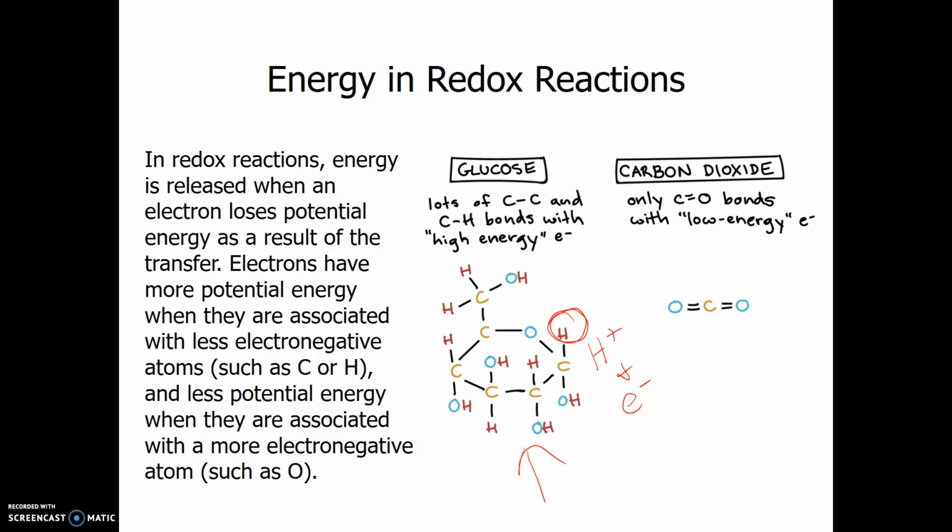And so since glucose loses electrons, glucose is oxidized, but you would call it the reducing agent, and it forms carbon dioxide whenever it loses those hydrogen atoms, which contain electrons. So glucose, by losing hydrogen, is losing electrons, and loss of electrons means oxidation. So glucose is oxidized